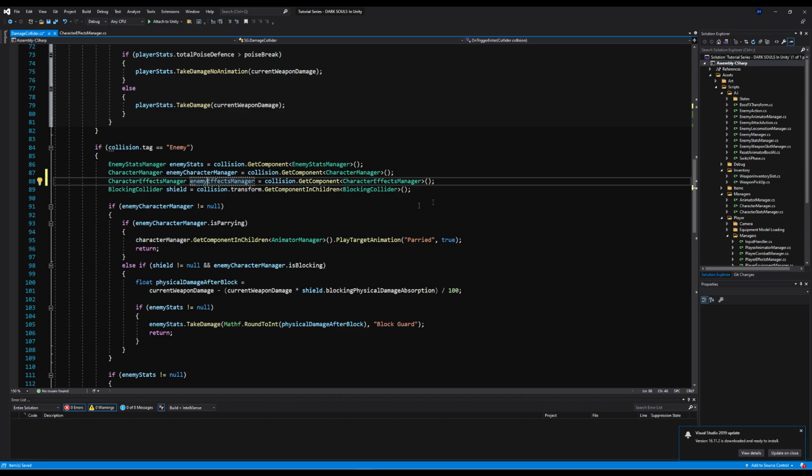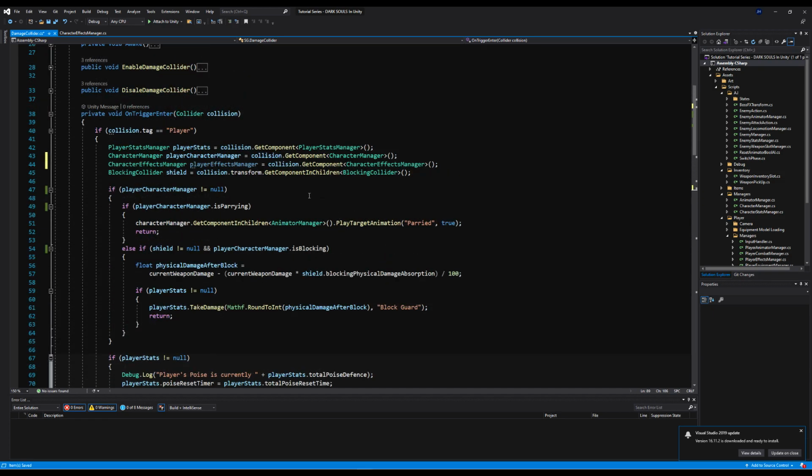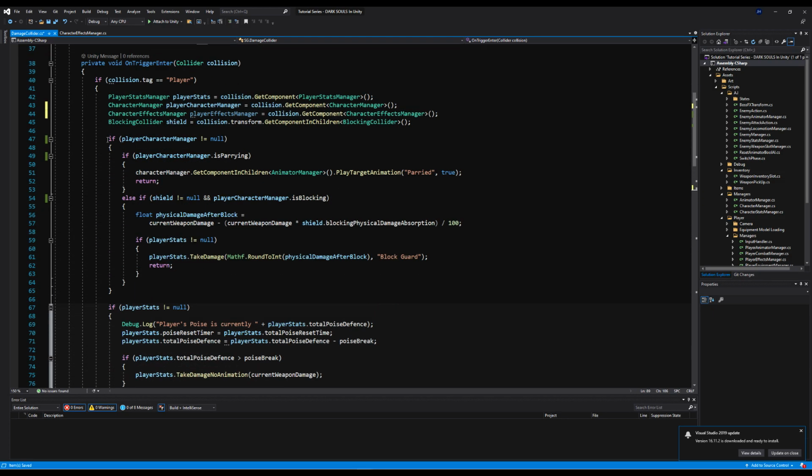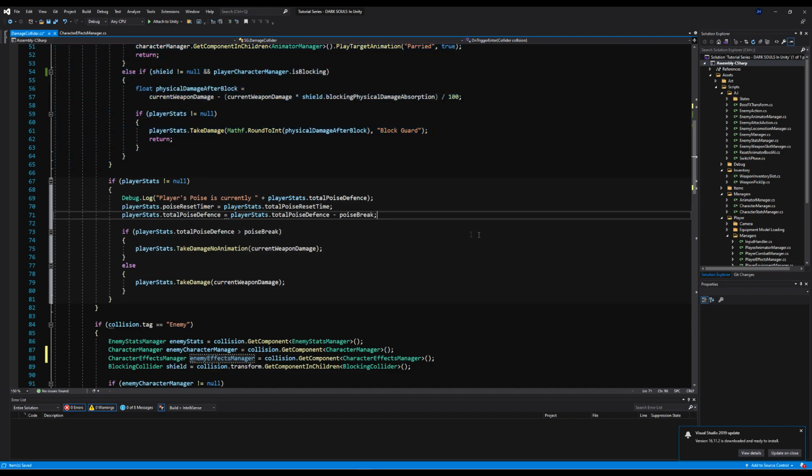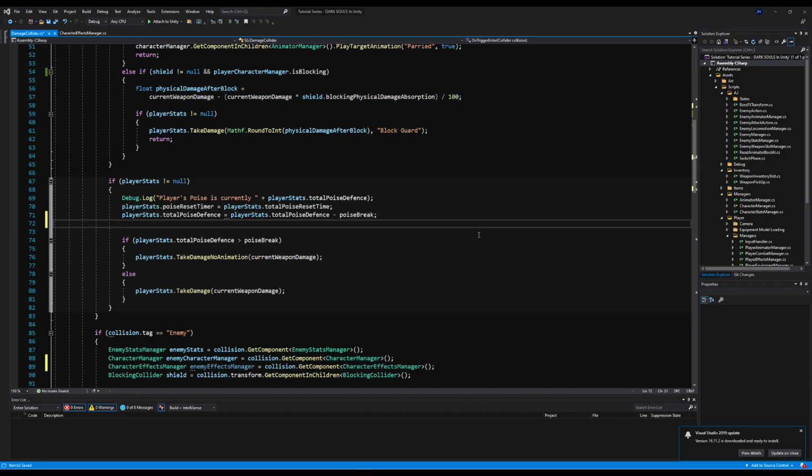Okay, I think a lot of you can see where this is going at this point. And if you can, excellent. If you can't, don't worry. I'm going to show you right now. So we're going to want to ignore if we're blocking or parrying, because you're not going to bleed under those circumstances. But now, right below here, where we actually do the damage, we're going to simply say,